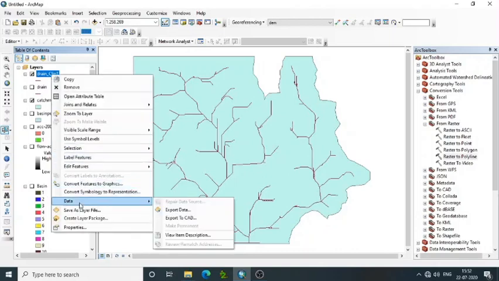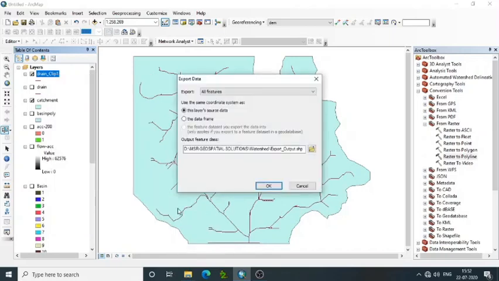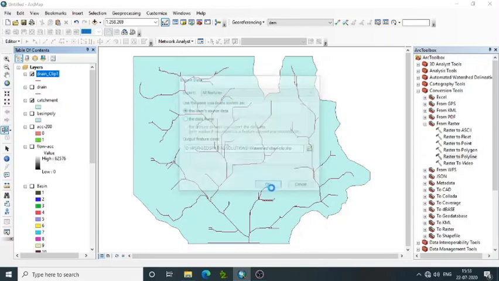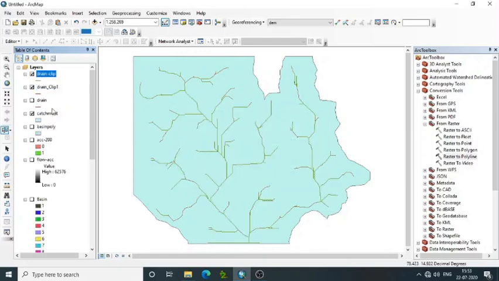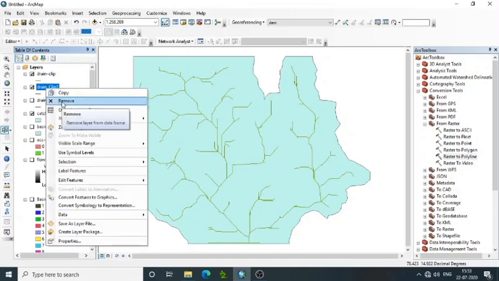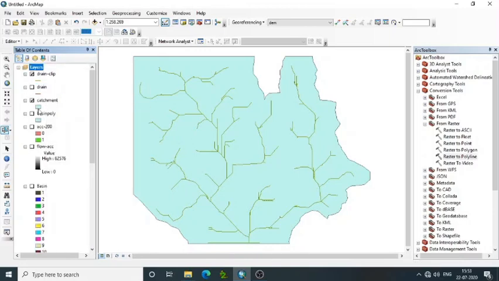Data can be stored in our path by means of data, export data. You save the data into your respective path, as drainage catchment. Now you can remove temporary files, where we can identify a particular catchment area along with drainage lines. This vector data can be considered for further analysis in GIS.